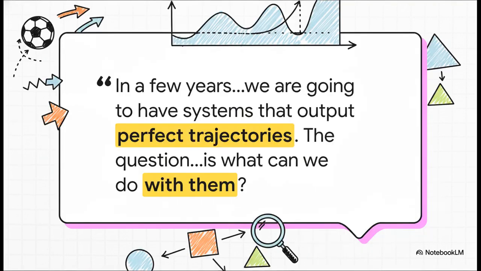It's just amazing. And that leads us perfectly to this final quote from the researchers themselves. Writing this way back in 1999, it's almost prophetic. They said, look, in a few years, technology is going to solve this tracking problem. We're going to have systems that give us perfect player trajectories. The real question, they said, is what can we do with them? And if you think about it, that's the exact question that every sports analytics team in the world is trying to answer today with sensor data. This project wasn't just a series of clever tricks, it was a masterclass in how facing tough limitations can spark incredible ingenuity. They laid the groundwork and asked the right questions. Questions we're still working on almost a quarter century later.